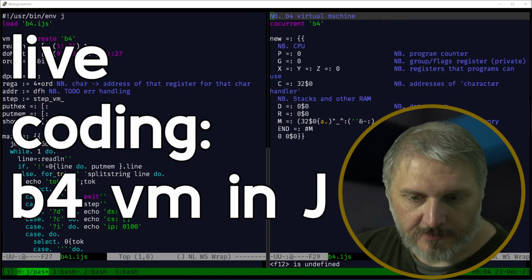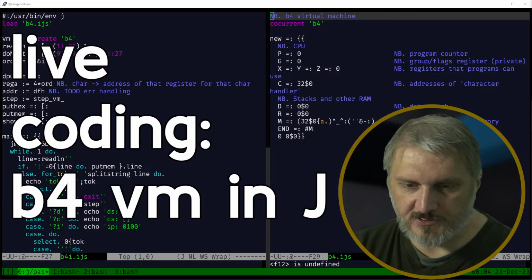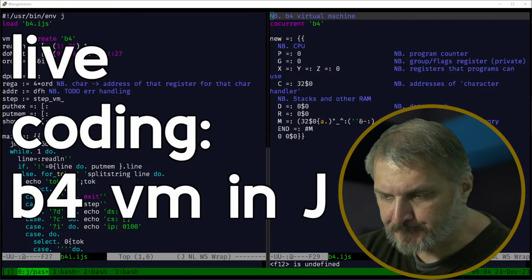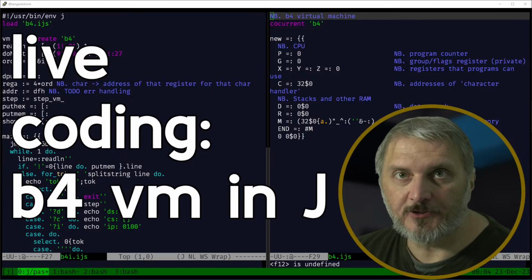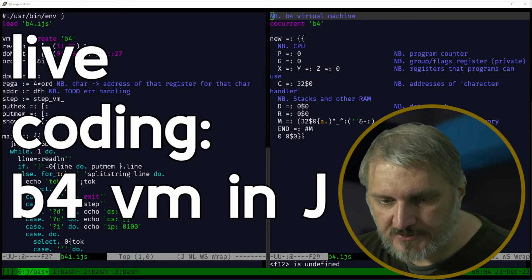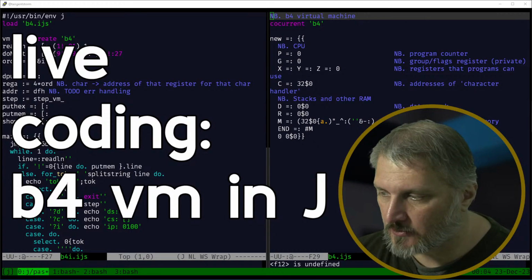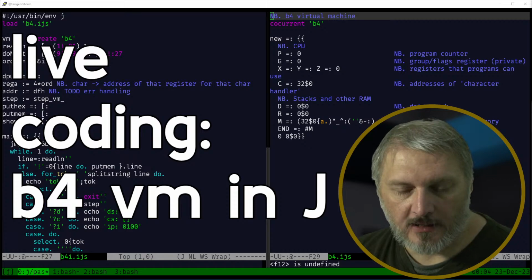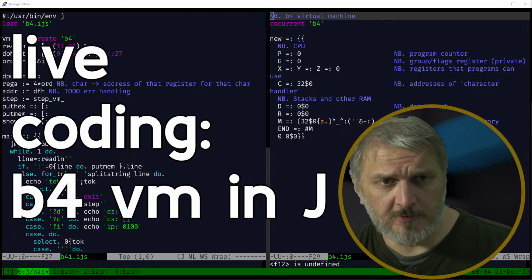Good evening, everybody. For the past couple episodes, I've been working on this machine I call the B4 virtual machine, a little CPU, or an emulator for a CPU. So far, I've got an implementation in GDScript for Godot, the Godot game engine, and another in Pascal. And I also have an implementation in J